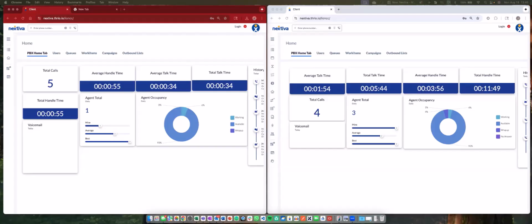So for this use case, I'm going to showcase a couple of things. And like Tom said, we're going to touch all of these mediums, all of these channels. And I'm going to showcase that we can handle all of these conversations or channels or interactions from a single interface. Now, just a quick lay of the land. On the left side will be my agent. On the right-hand side will be my supervisor.